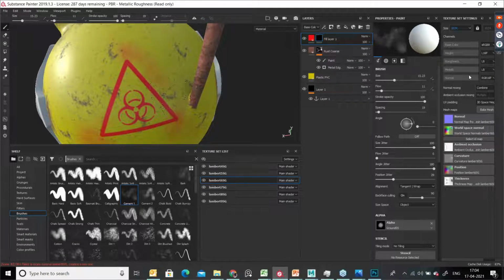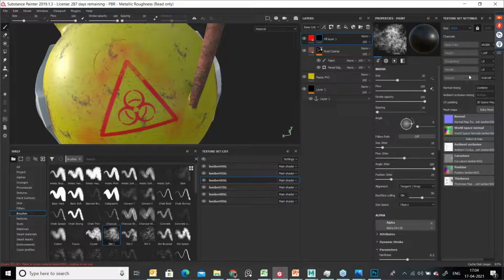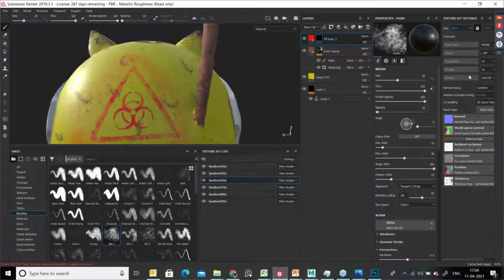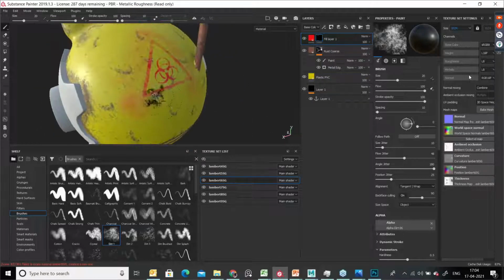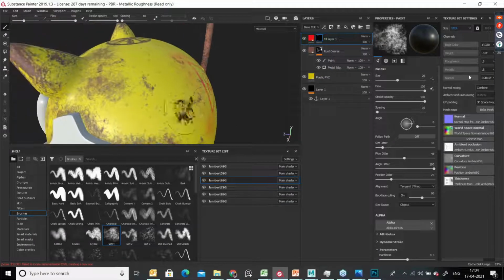It sprays outside of this logo. You can do that. At the same time, you can just press X and delete this one. See? You got it? So like this you can do.